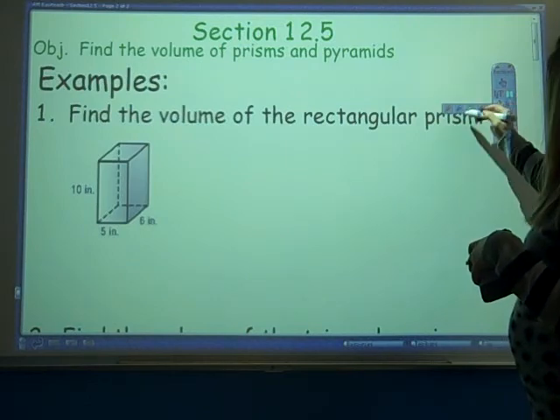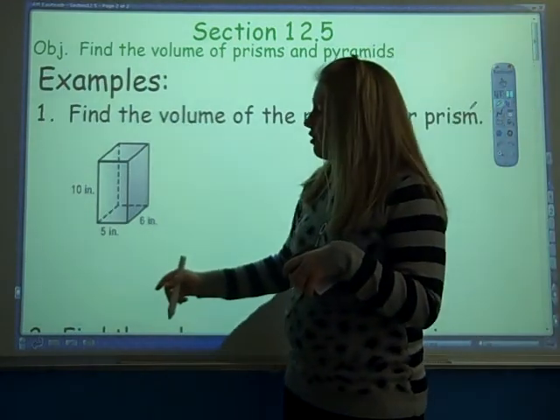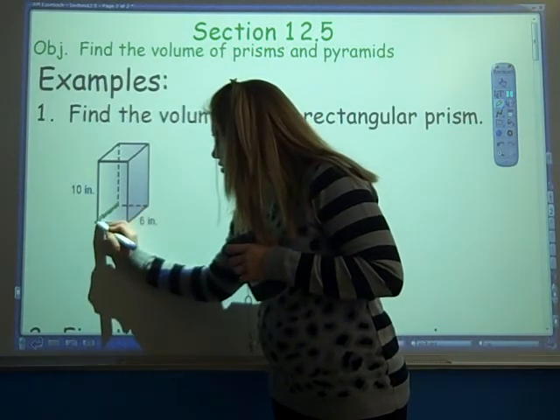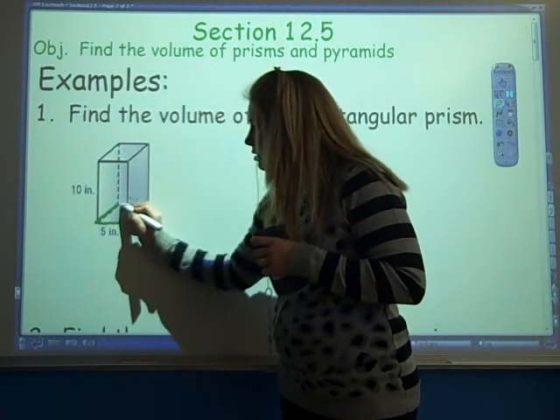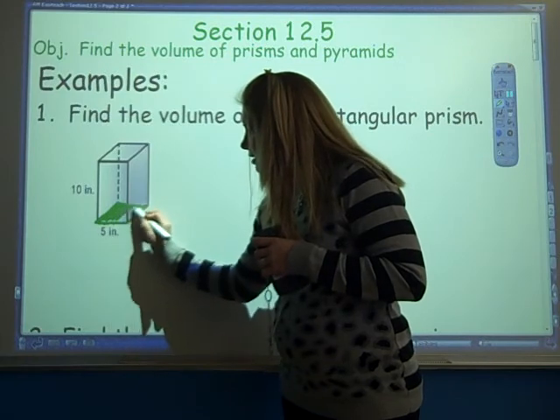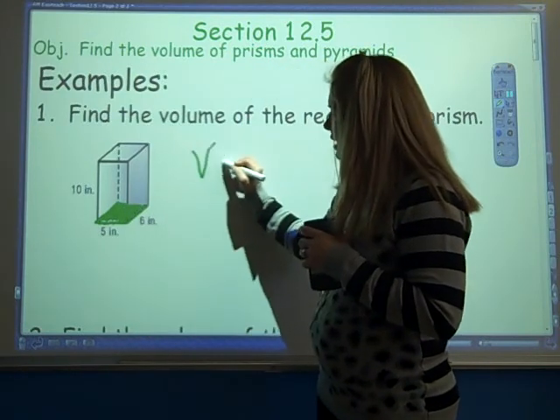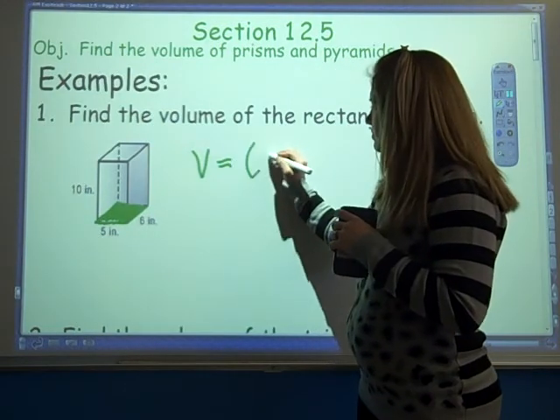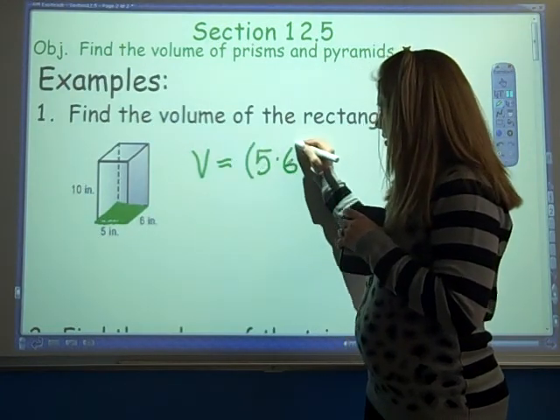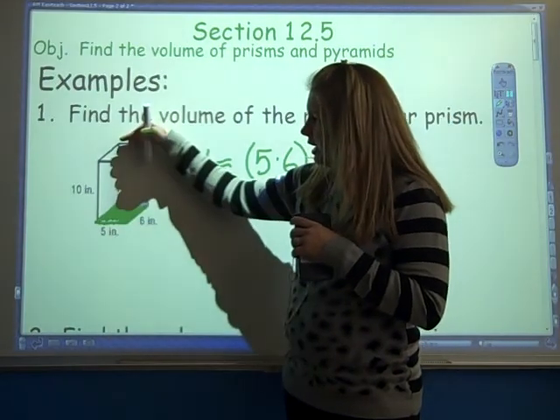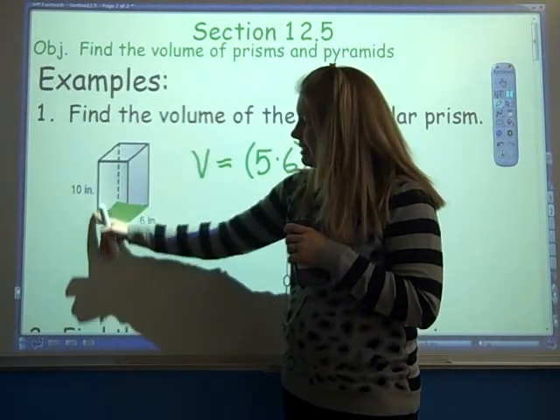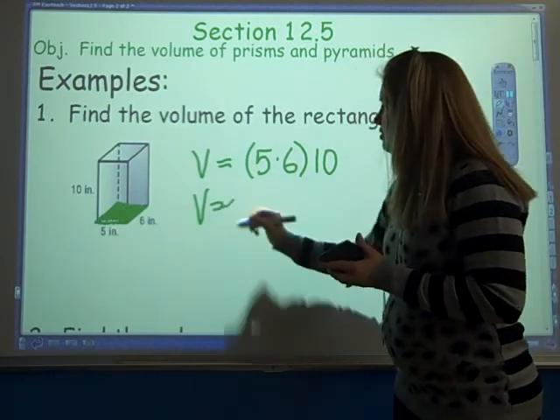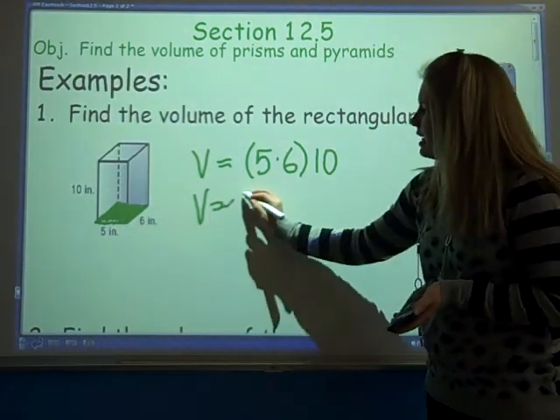Finding the volume of a rectangular prism. Rectangular prism means that its bases are rectangles. So I'm going to actually shade in for you the base of my rectangle. Okay, so volume equals, the base of my rectangle is 5 times 6. And then the height of my rectangular prism is 10, so times 10. So volume equals 5 times 6 is 30, times 10 is 300